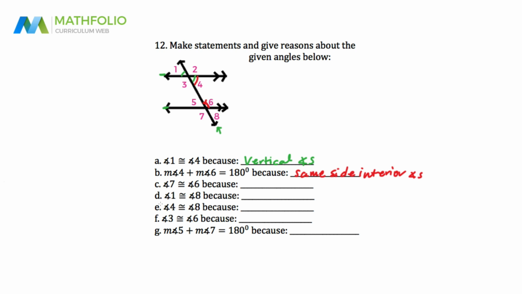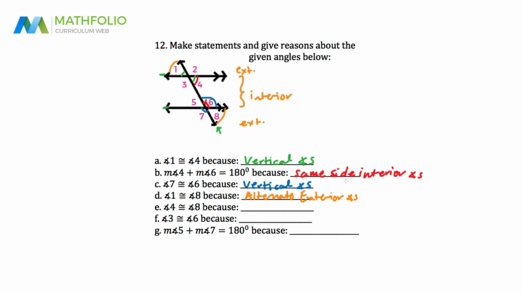Okay, next, 7 and 6. Well, 7 is here and 6 is here. So it's the same reason as A. They are vertical angles, and vertical angles are congruent. Next, I'm going to change to orange. We've got number 1 and 8. Well, 1 is up here, 8 is down here, so they're opposite sides of the transversal, so that means alternate. They are not inside here, this would be an interior. So if they're not interior, they are in fact exterior. So alternate exterior